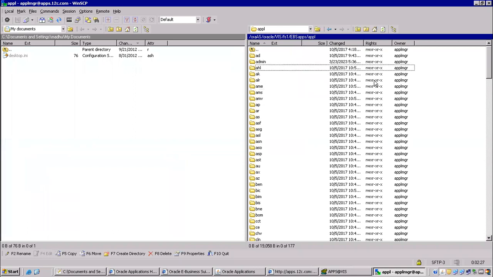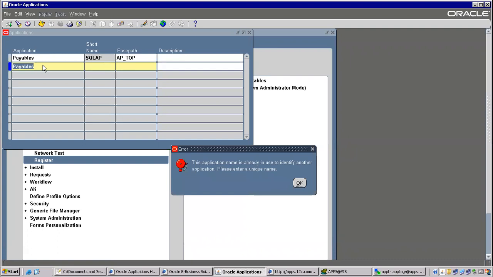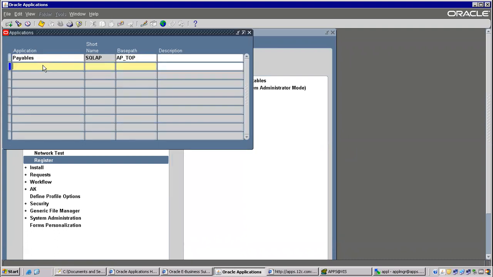Custom top is different. Product top is different. So right now it is a product top. AP is a product, AR is a product. If your client name is here, LPE, let's say payables, it's already there, so it will not allow. Custom applications also you can register. Custom application name, custom top, custom. Custom means your client name. And if it is for order